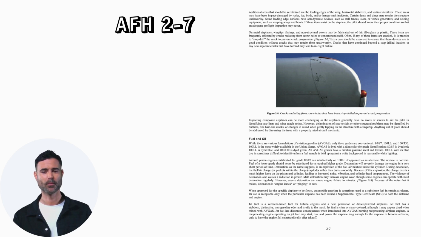On metal airplanes, wingtips, fairings, and non-structural covers may be fabricated out of thin fiberglass or plastic. These items are frequently affected by cracks radiating from screw holes or concentrated radii. Often, if any of these items are cracked, it is practice to stop drill the crack to prevent crack progression. Extra care should be exercised to ensure that these devices are in good condition without cracks that may render them unairworthy. Cracks that have continued beyond a stop-drilled location or any new adjacent cracks that have formed may lead to